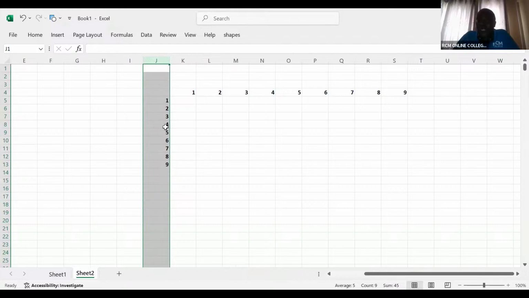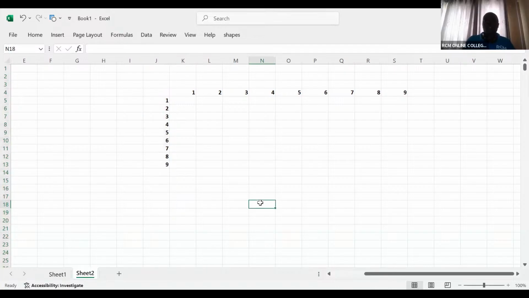If you have understood how to do it, I will be a very, very happy teacher today. Now, ladies and gentlemen, one thing that I would want to sell to you is this fact: as I'm doing my multiplications, I'll be saying 1 times 1, 1 times 2, 1 times 3. I'm still going back to this column J. When I go down, I'll be saying 1 times 1, 1 times 2. I'm going back to this one, which is part of row what? So what you're supposed to know here, I can write down here that row 4, in my case,